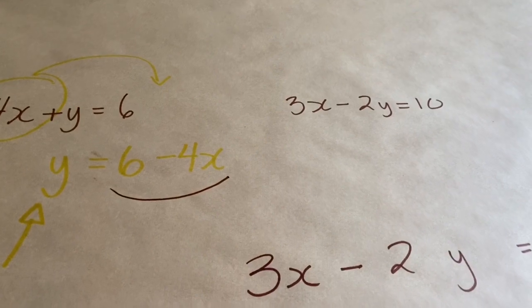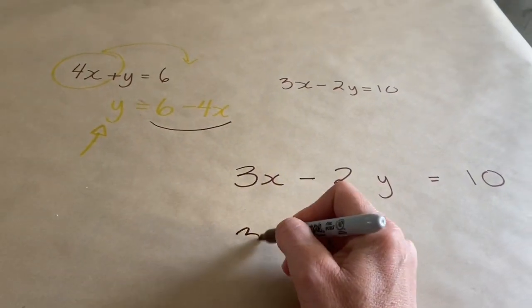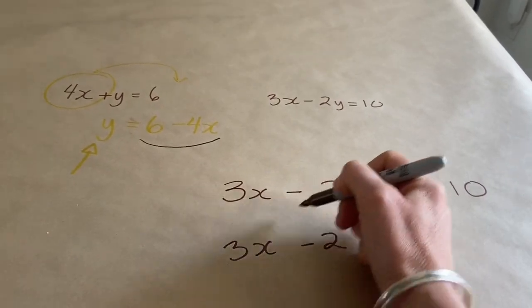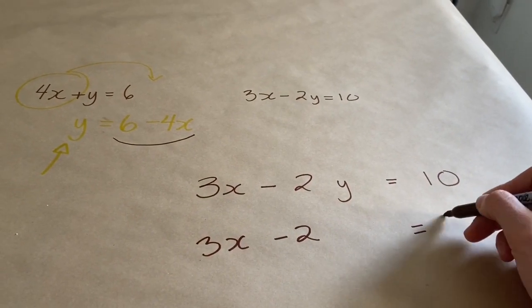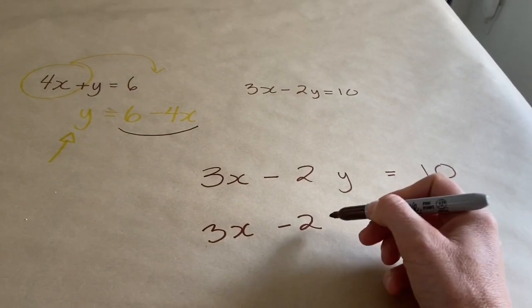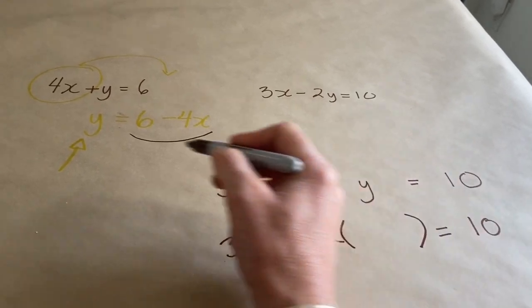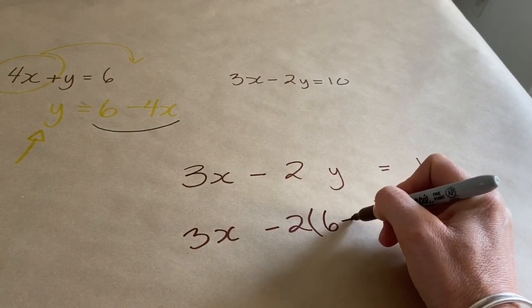So I'm going to remember that when I write this equation. I have 3x minus 2, the minus is the same, the 2 is the same, the equals will be the same, and the 10 is the same. The only thing that I'm going to do differently is instead of writing y here, I'm going to write down 6 minus